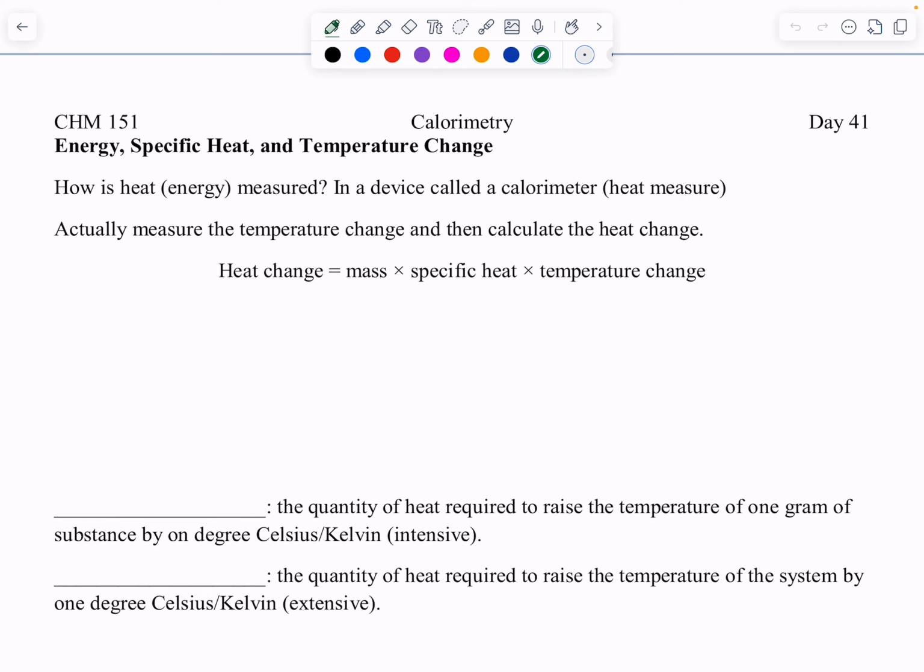All right. And so heat, the units for heat will be in joules. Right, and the symbol Q. Mass, we're going to use grams, and so it'll be M. Specific heat. What is specific heat? Well, we use C for that, and that is joules per gram degrees Celsius. All right, so specific heat